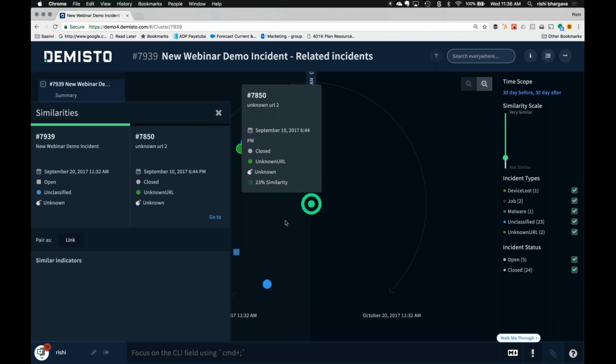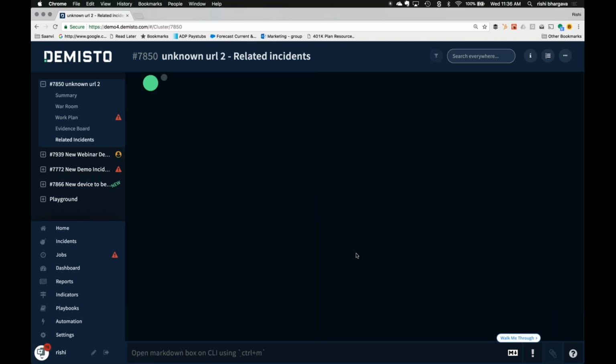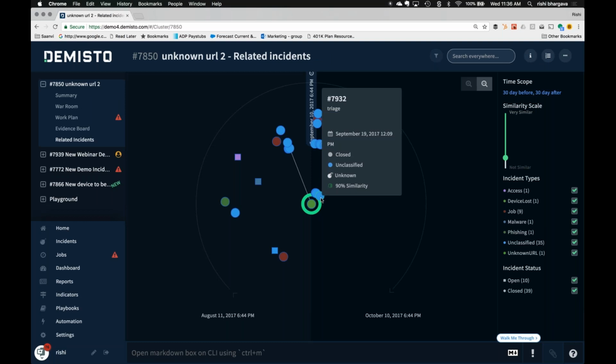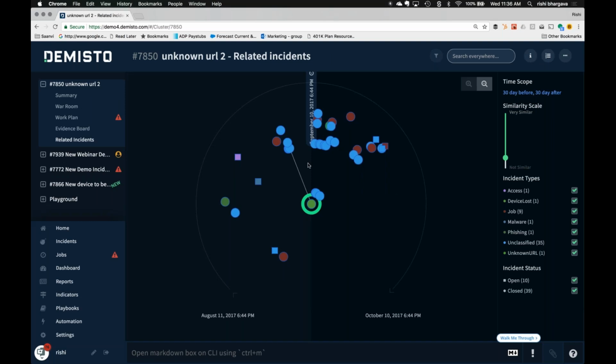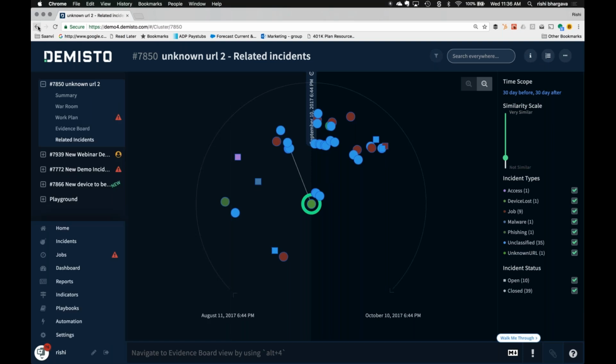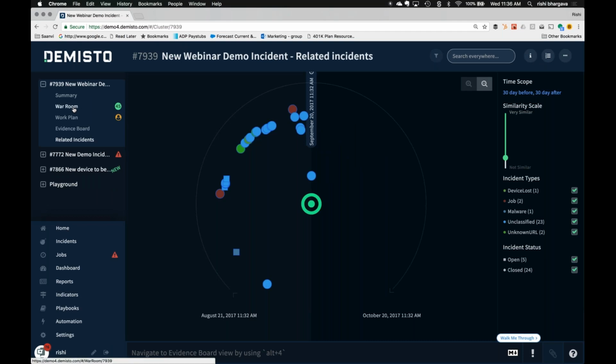If I want to look at this one, it is actually an unknown URL type incident. I can jump to that incident and look at the related incidents to that. So there are multiple ways to pivot to see other incidents, and then we find other close incidents to that as well. And we can quickly pick an incident and link those together if needed. But let's go back to our current incident rather than go on this hunt, because what I want to do